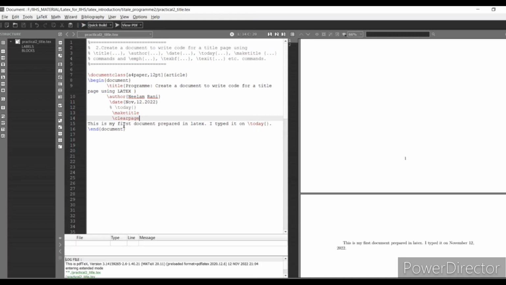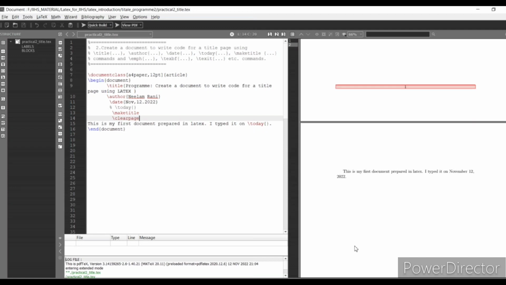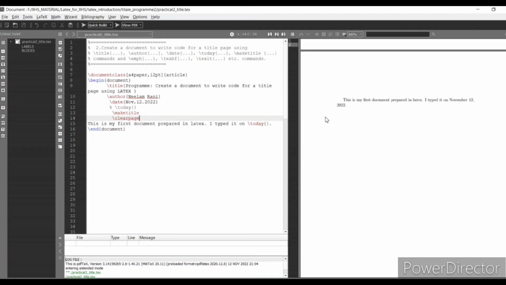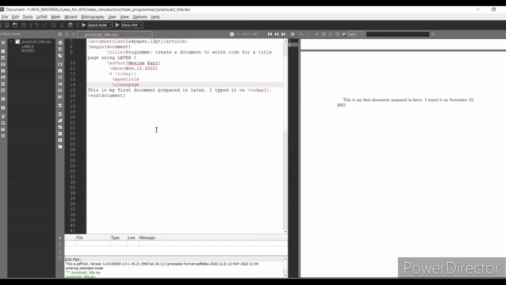So when I use this, my output automatically goes on the second page. You can see in the right hand side, the right hand side is my output for this program. Here I did not mention any style,